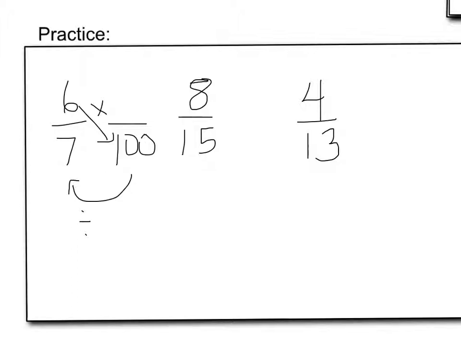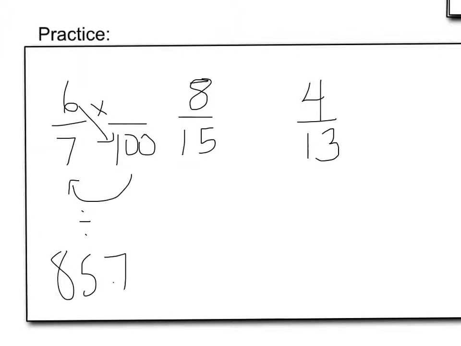Alright, so again, you will need to have your calculator handy for these because it is a little bit tricky. You won't be able to necessarily do this in your head. So again, I'm going to go 6 times 100, which is 600. That part's easy enough, annexing 0. But it's the 600 divided by 7 part that gets tricky. Divided by 7 equals, and it actually equals a decimal number,